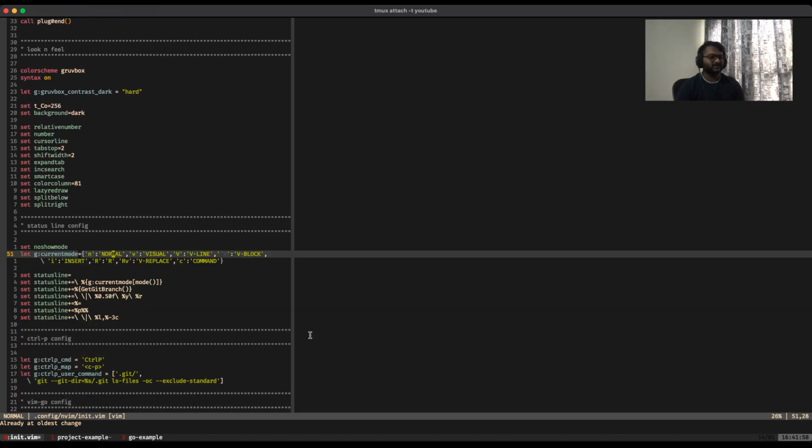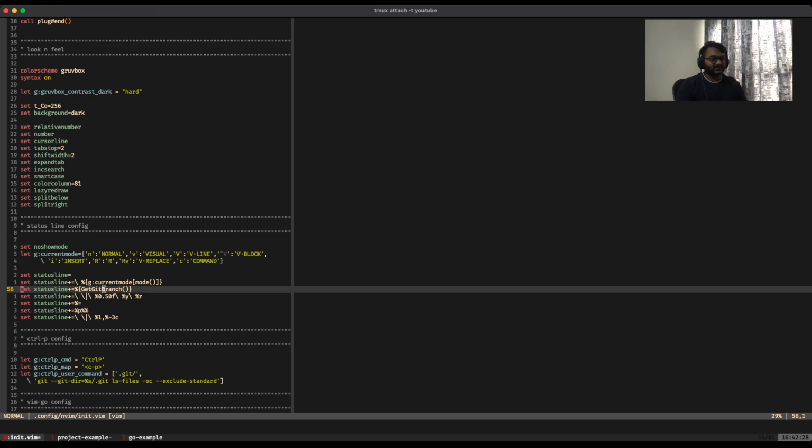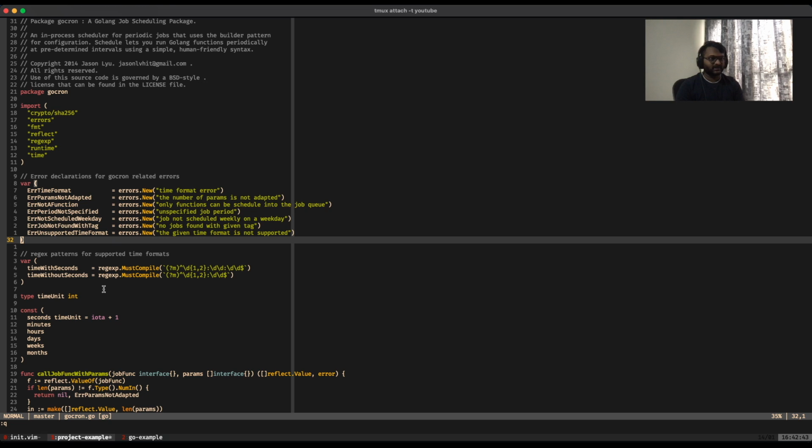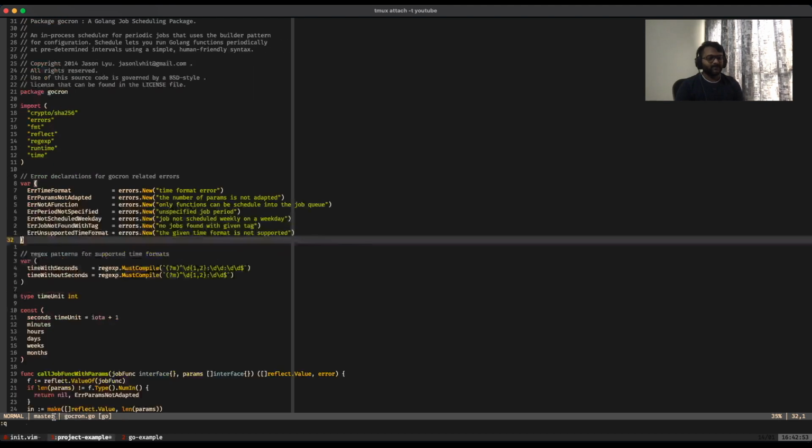So the next section you see here is the status line. I'm not using any Airline or Powerline or any of those plugins. I'm just directly using the built-in functionality to customize the status line. As you can see, the first section here is the mode that I'm in, which is insert, normal, and so on. Then there is a git branch, which is seen only in git repos. Once you're in a git repo, it will show you which branch you're on currently, which is the second segment. The third thing is the relative path of the file that you're on right now from the project root. The next section is the file type.